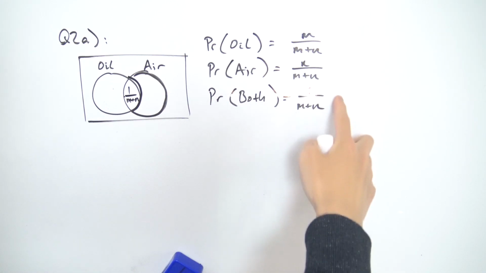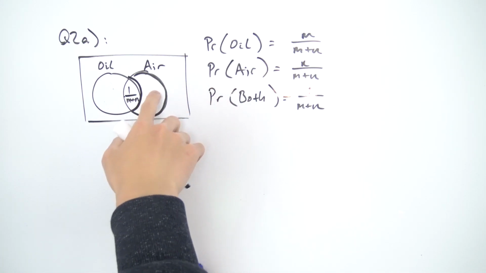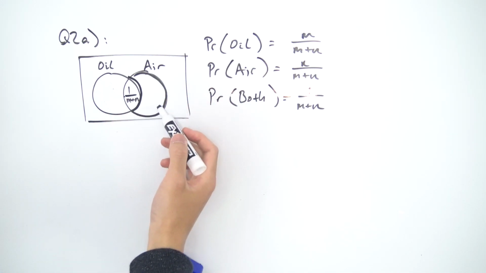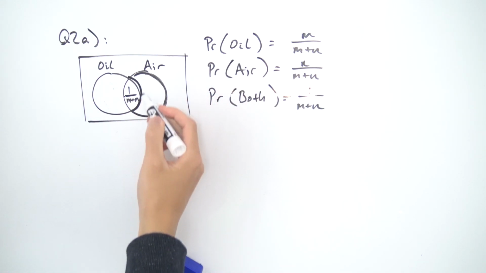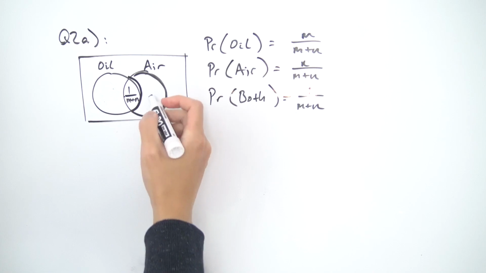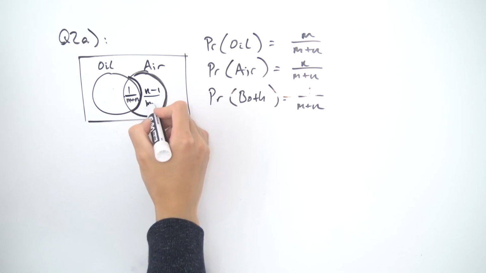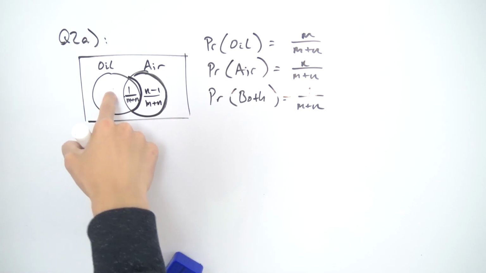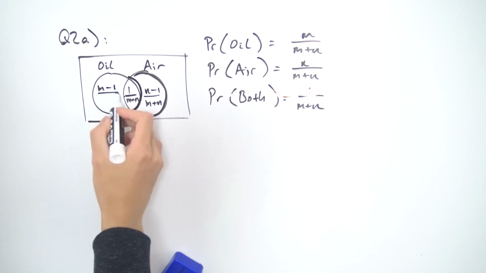And notice all these have the same denominator, so we can work with some addition and subtraction quite easily. So the air change is this whole entire circle, and that's n over m plus n. But since we only want to figure out this section, we subtract off the intersection. So that's going to be n minus 1 over m plus n. And then same thing for the oil, we get m, and we subtract off this intersection, so m minus 1